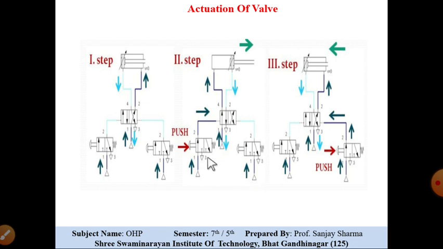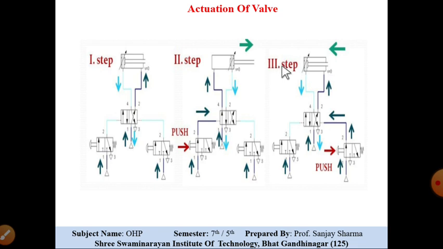Now here you can see, friends, why this is called an indirect system. The reason is the secondary valve is operated, and whatever the flow is, it is supplied to the main DC valve, and this DC valve controls the actuator. So whatever the smaller force is generated here, that will be transmitted to this system, and there is no direct control on this valve. That's why it is termed as indirect control system.